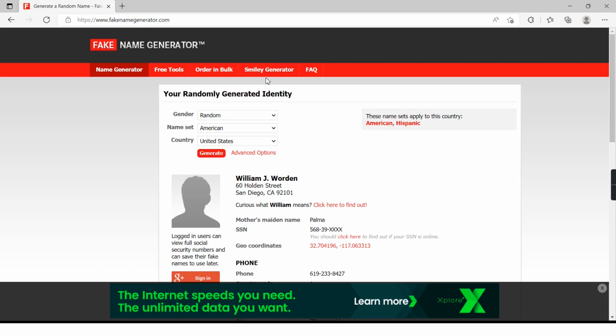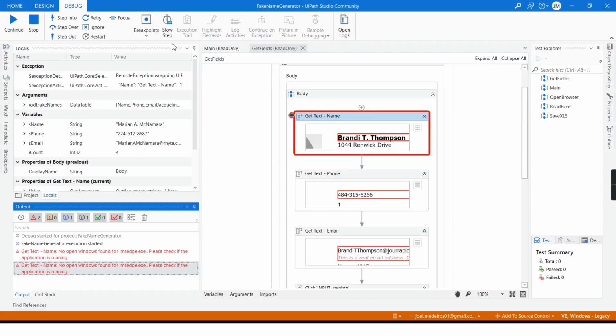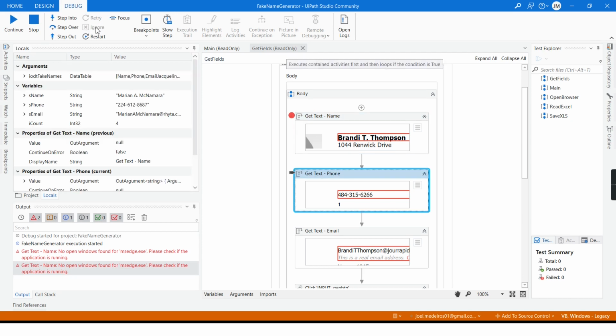The information here has changed again, but that's okay for this test. However, I will ignore this error for now. So notice that the variable name here is Marian McNamara. When I ignore the activity, the variable didn't change at all.